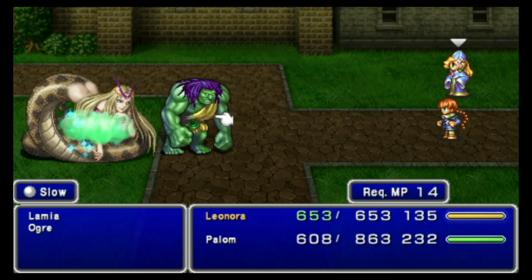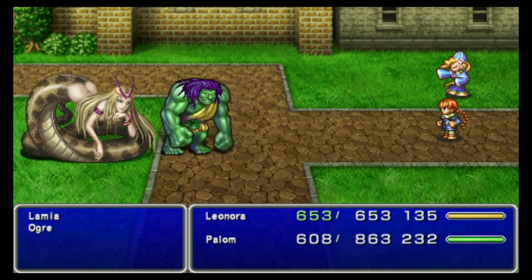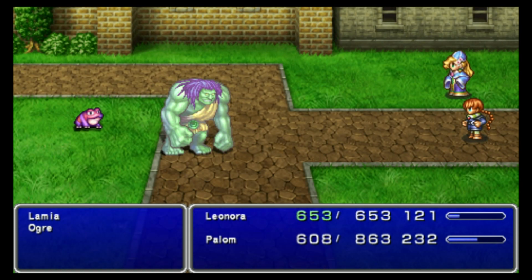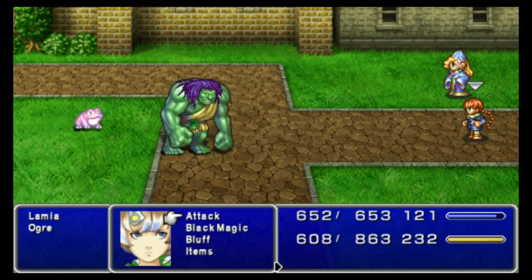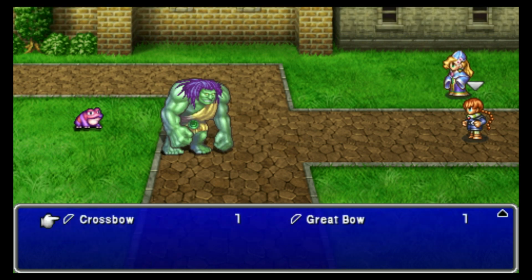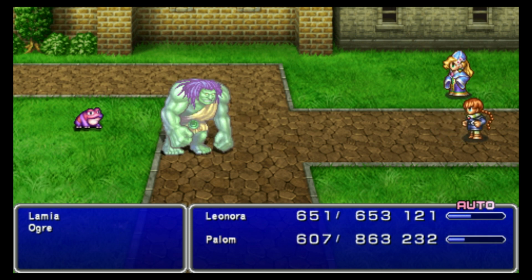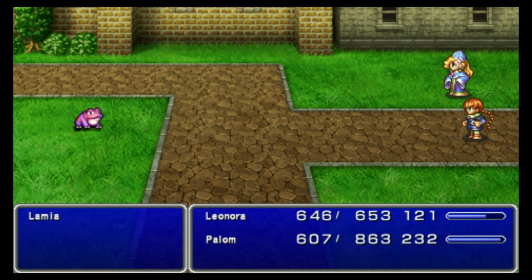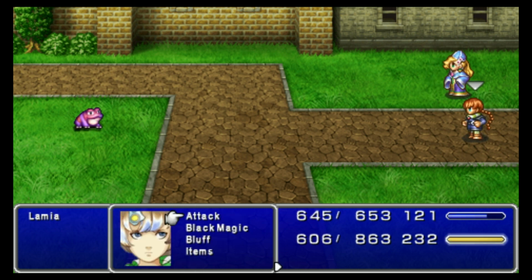Come on. And I'm going to go ahead and slow the Ogre. Slow is quite good. We'll get Leonora's turn first. Fire arrows. Great bow. And just auto attack the rest of the way. And we should be okay. Okay. Yeah, we got it. So at least we got to kill a couple of enemies here. I pretty much showed you all of them, so...